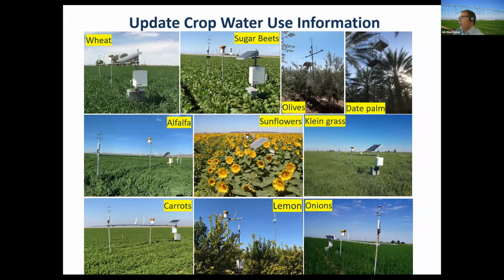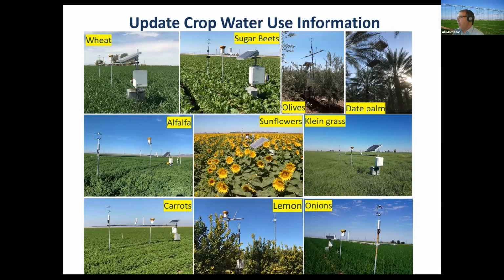One challenge we are facing about KC is the KC we have on the UC website for each crop. One of the issues is that we developed this information years ago, with different irrigation practices, different cropping systems, and different technology. So when we use this information today, we probably need to update it for the new cropping systems. If we use drip irrigation, the irrigation system is different. If we go with a high density cropping system, the crop coefficient changes.